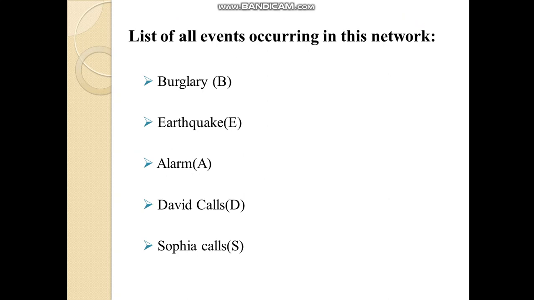The list of all the events occurring in this network will be Burglary B, Earthquake E, Alarm A, David calls D,